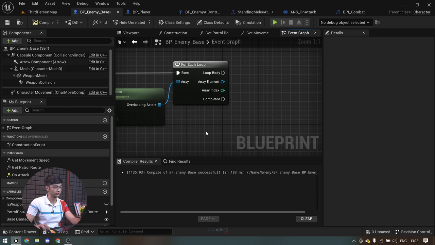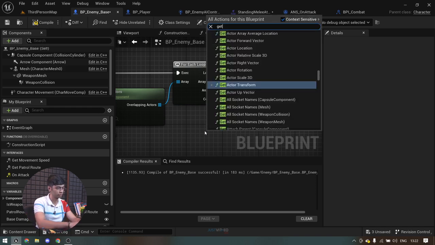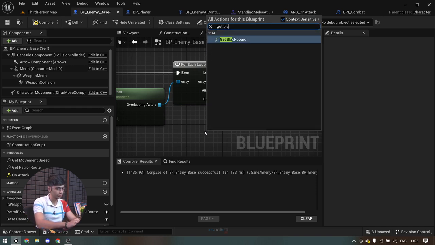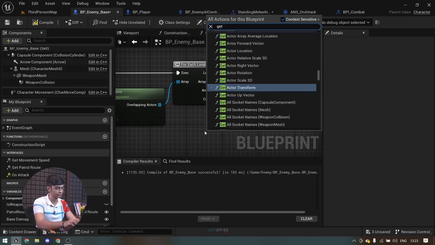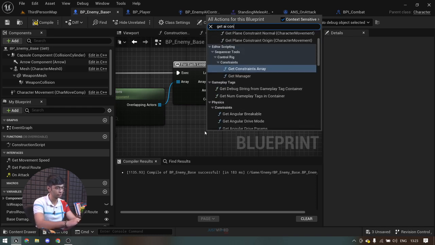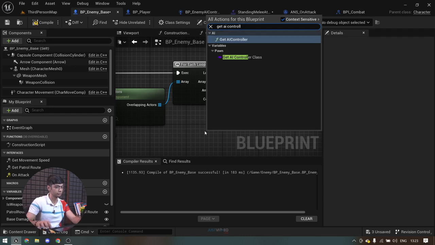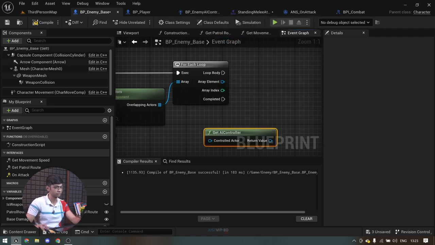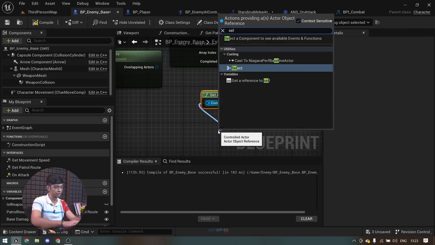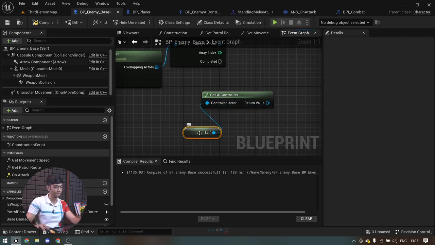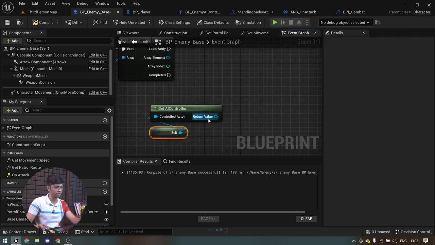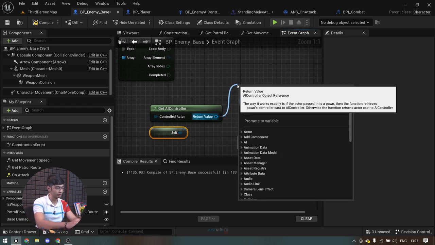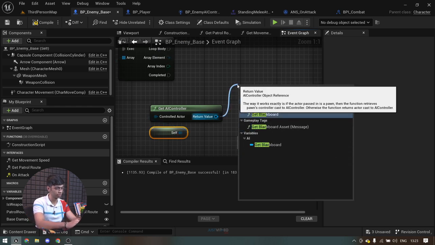So here I'm going to get AI controller. It will be of reference self, and from the return value I am going to get blackboard,